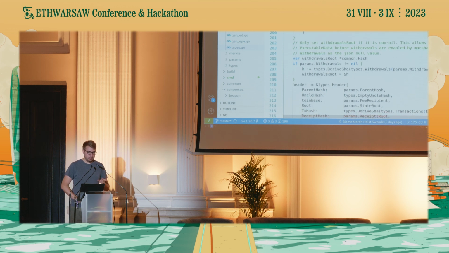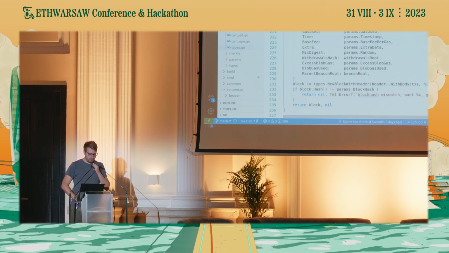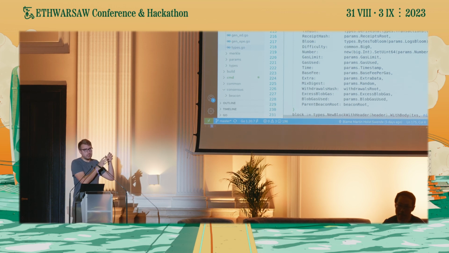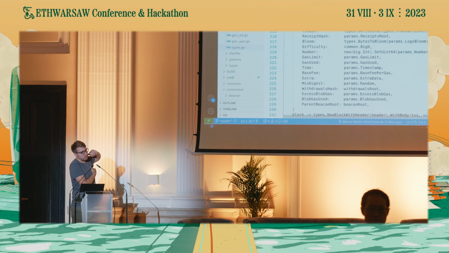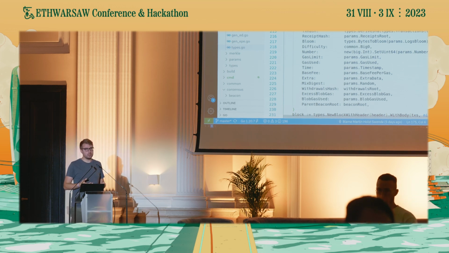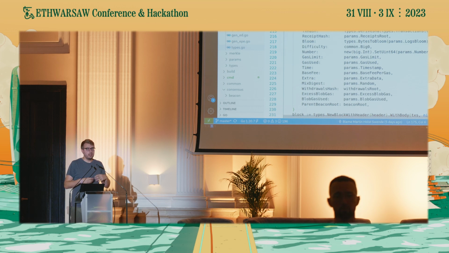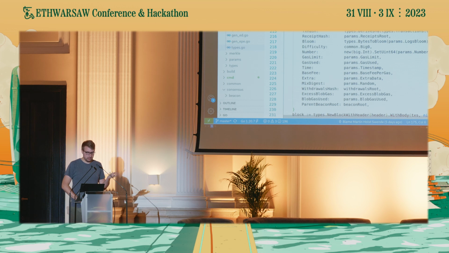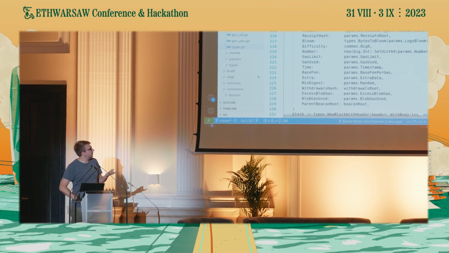And then we unmarshal stuff, and here we compute the transaction root. The block header contains the root of the transaction tree, which means we take the transactions, we build a Merkle tree of them, and the root of this Merkle tree is put into the header. We need to make sure that the transactions that we have match this root, and that is what we do here. Oh, actually, this is for the withdrawals. We do the same thing for the transactions here,